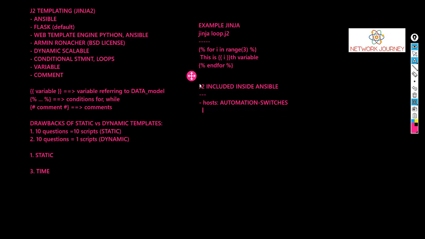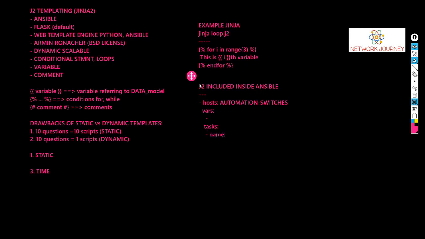So let's take it's a variable, it's just a variable, and you just defined some things here with the list format, and in the next thing you're going to define the task. Over here in the task is where you define your J2 template, right? And how do you define it?